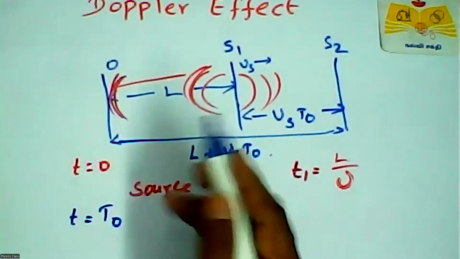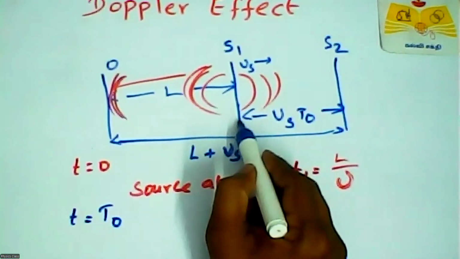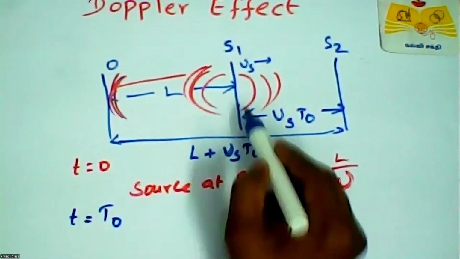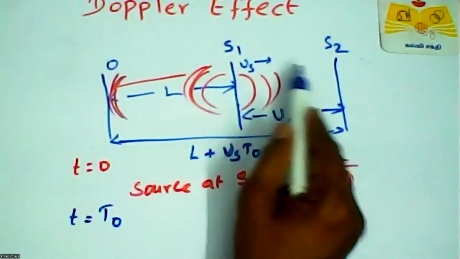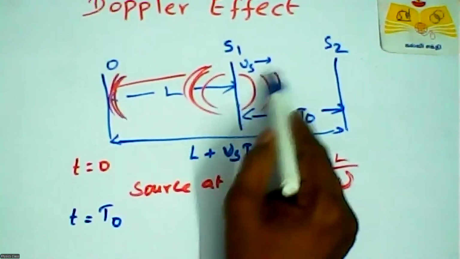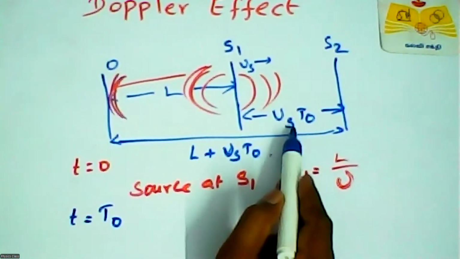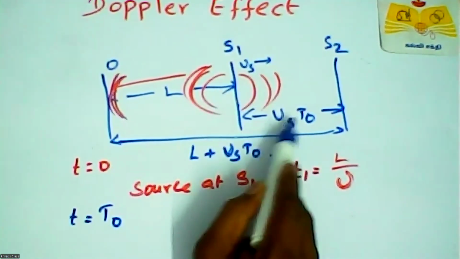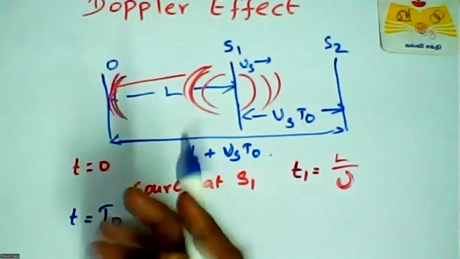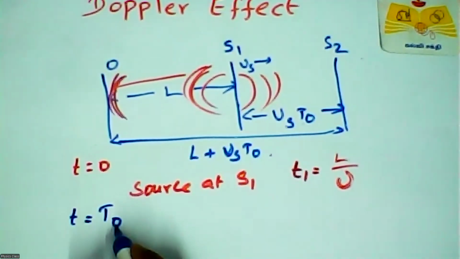So how to find that distance? I already told you: at time t equal to 0, the source is here. After some time t naught, it will go to here, so it crosses some distance L2, L3 or whatever. But what is the distance between these two points? Already told you, velocity times time is equal to distance. So velocity means the source's moving velocity, and the time period is what's observed by the man. Right, so at time T is equal to T naught,